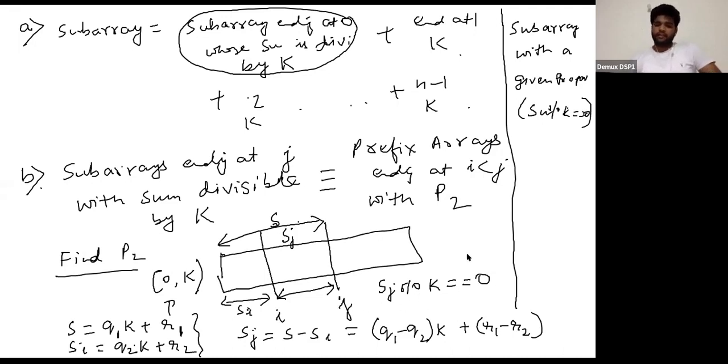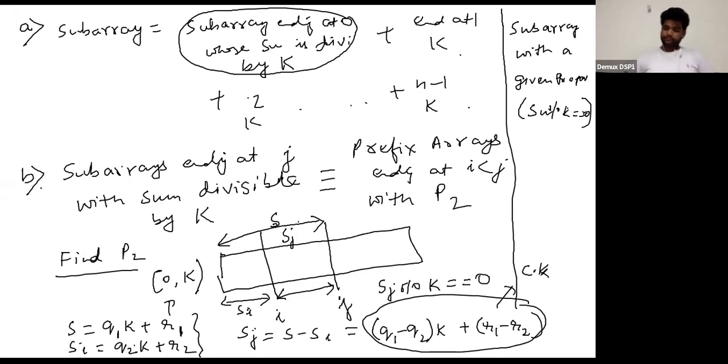So what does that mean? That means that I need this entire thing to become some C into K, right? That's how it will become divisible by K. So now let's see what are the cases when this becomes C into K. Let's first assume that the remainders are only positive. So if remainders are between 0 to K, as in 0 to K minus 1, K is not included, then